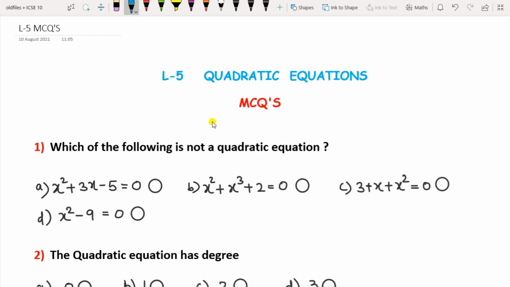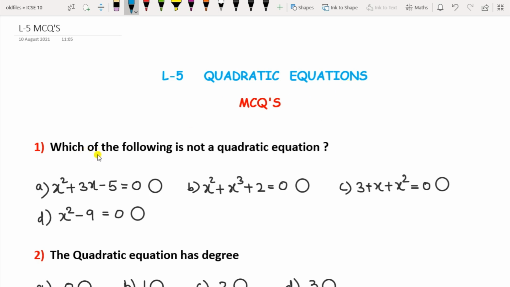To solve MCQs, it is utmost important to get thorough with the concept and each and every point of the chapter, as they can be tricky ones. So first you need to solve the whole exercise, then you will find MCQs easy to solve. In the link above as well as in the description box below, I have shared the uploaded videos of the quadratic equations of lesson 5 and 6, so you can practice it. Now let us start with today's topic, MCQs of quadratic equations.